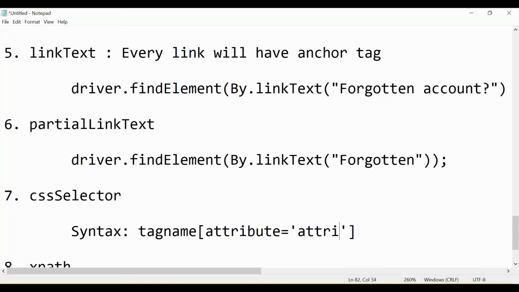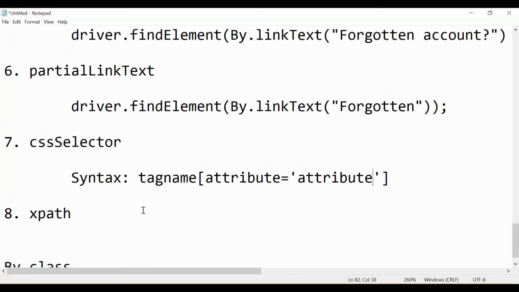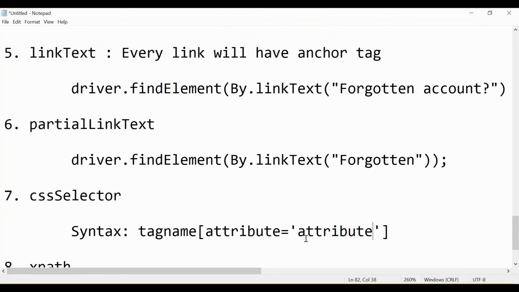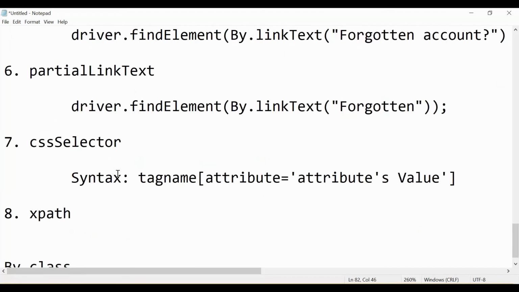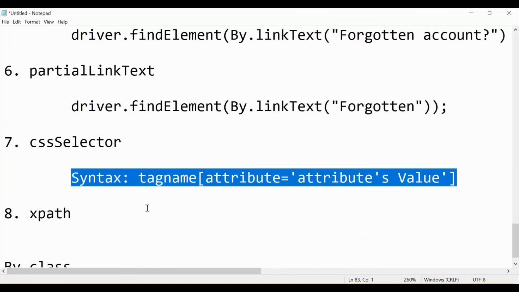With the help of attributes only we will be able to create the CSS and XPath, but you need to follow this syntax: attribute and attribute value. So this is the syntax for CSS selector. XPath has the same kind of syntax, so this will be easy to remember.